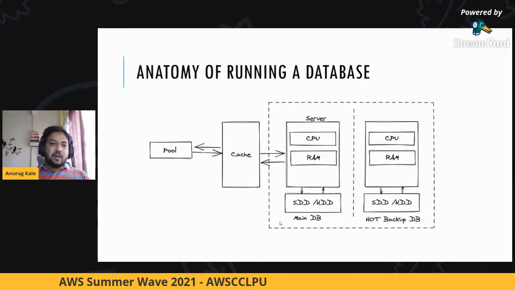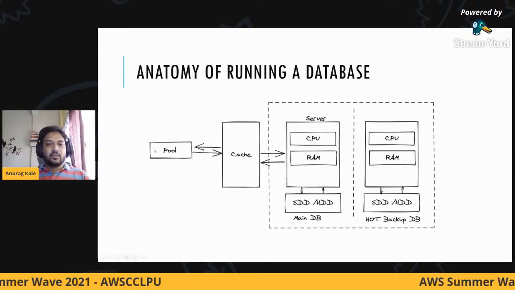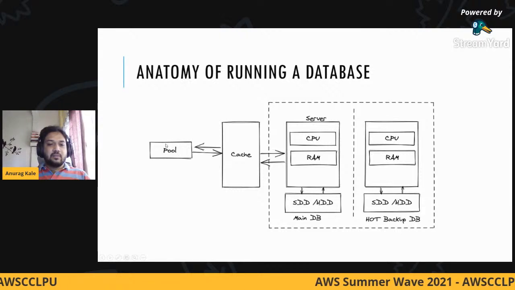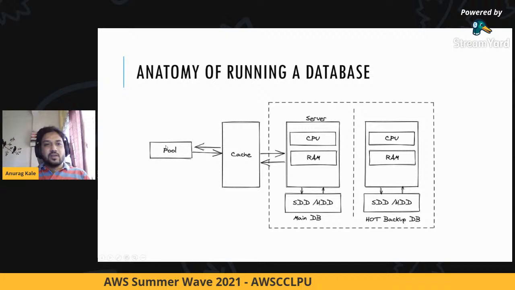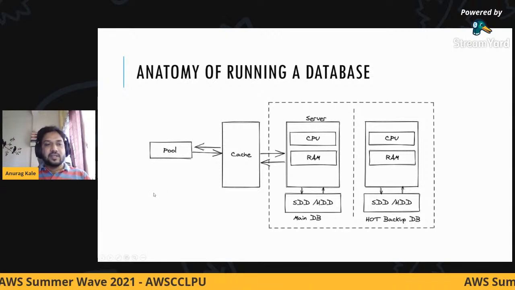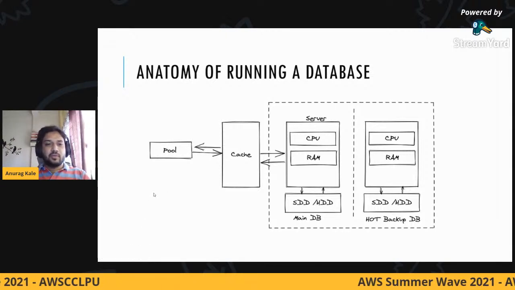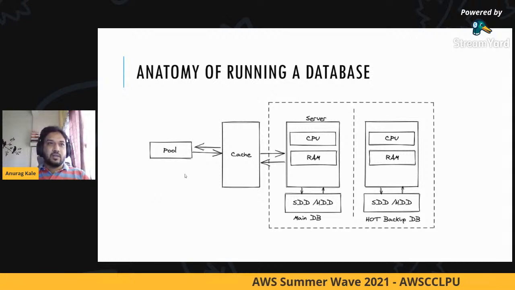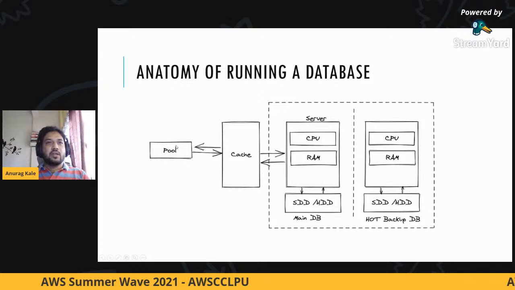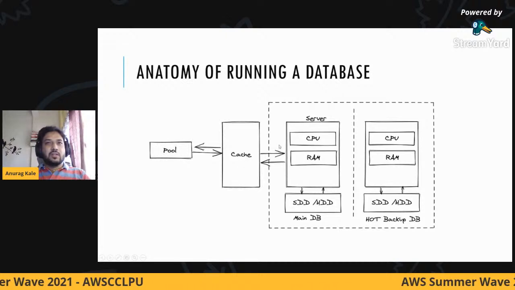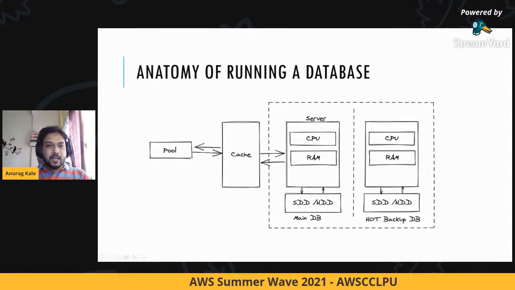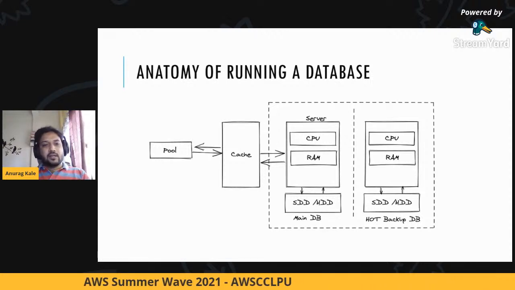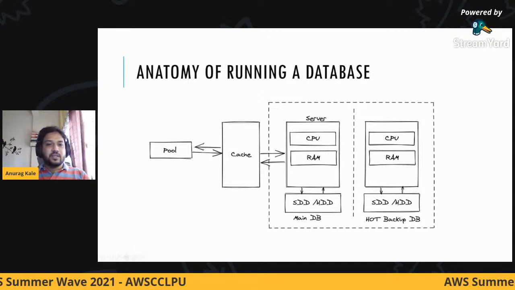What we have, in the start, what you see is a pool. A pool is nothing but a proxy, or a place which basically listens on your behalf for people or services or different programs that are trying to get in touch with your database. This connection pool hears them out, and it checks whether the general regular database is overwhelmed or not. Then it forwards that request to the next layer, which is a cache layer.